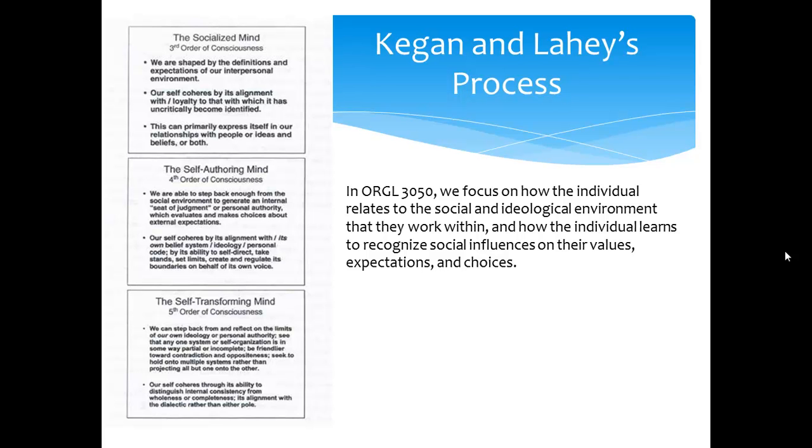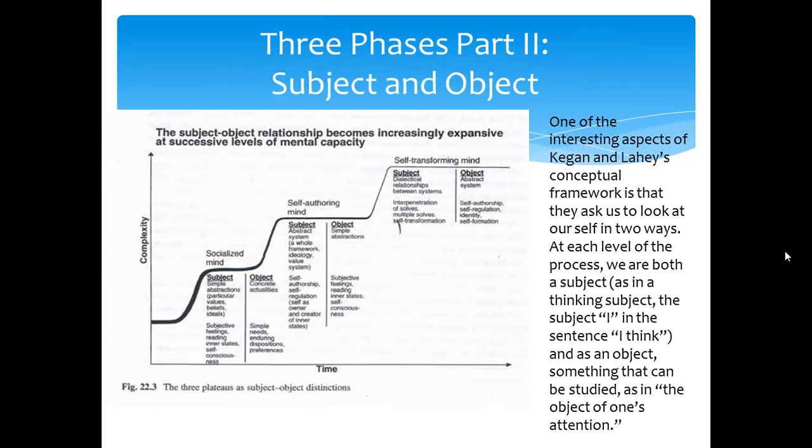So when you're thinking about the idea of somebody having to step back from their social influences, the first thing to do is to become aware of them and be able to document them. So you have to be able to write about, okay, what are the social and community influences that make someone think a certain way? How do you end up acknowledging them? How do you become aware of them? How do you become able to direct yourself in light of those different social influences that we all end up having in our lifetime? Those are the kinds of things that you want to think about in the middle of this diagram.